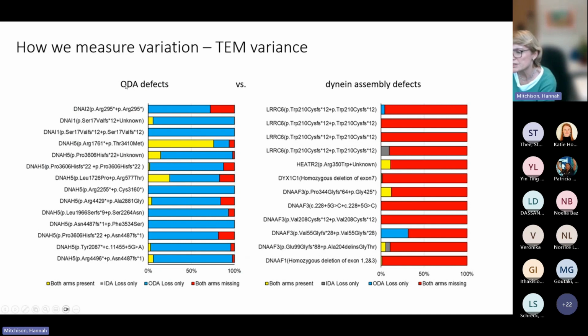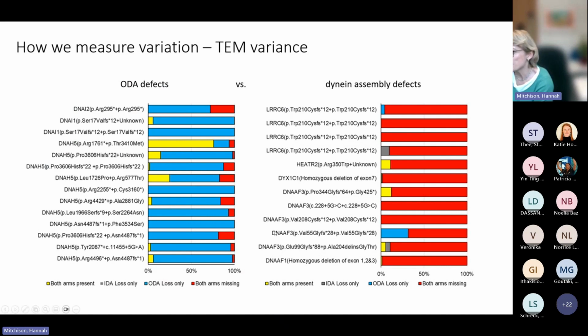And I mentioned that with ODA gene mutations, you just expect ODA loss, which is marked here in blue. With dynein assembly, you should expect both IDA and ODA, so in red, both the arms missing. But I just want to say that I don't know what date the EM was done, but for example, in